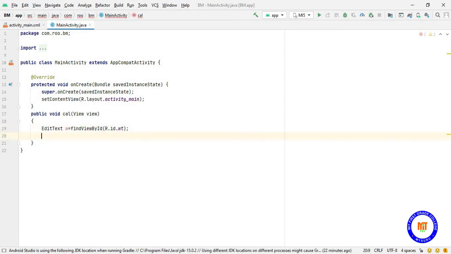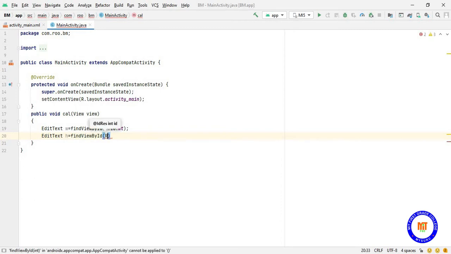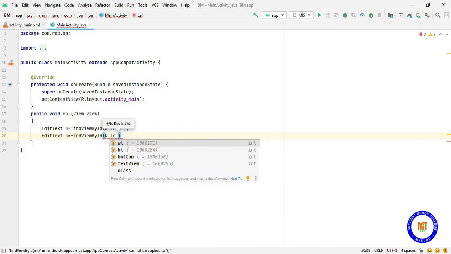That is the id I have given there. Same as that, EditText h equals findViewById R.id.ht.